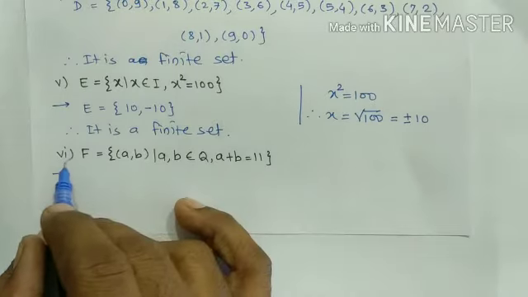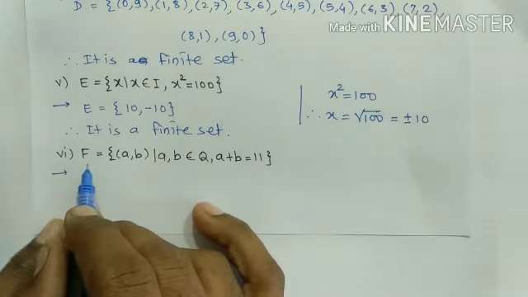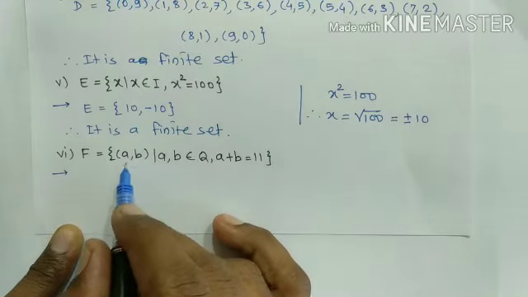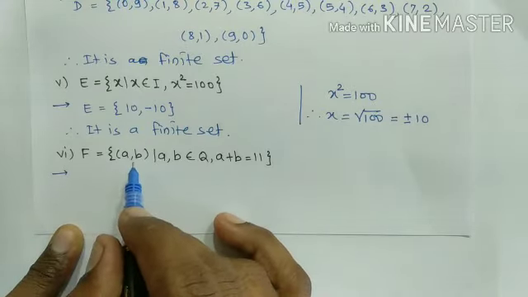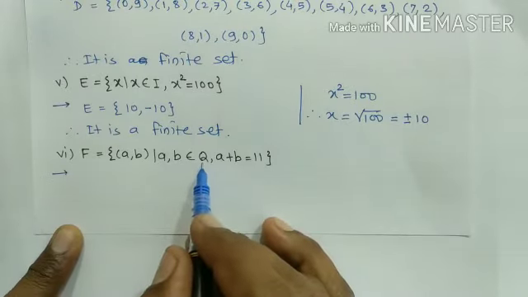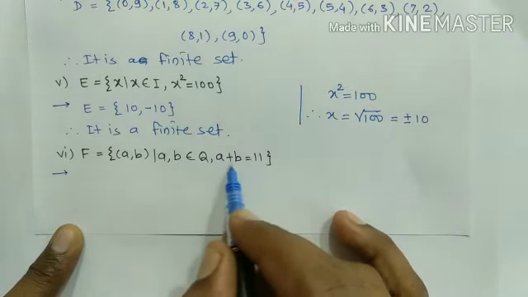The next example is example number 6. Here set F is given. It is the set of a comma b. It means that we have to find out the pairs of numbers. Which numbers? Here a and b belongs to a rational number and sum of these two, that is a plus